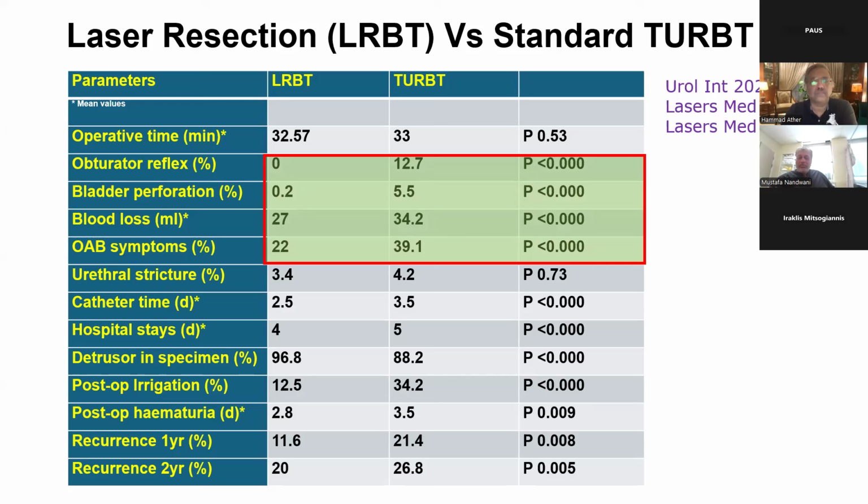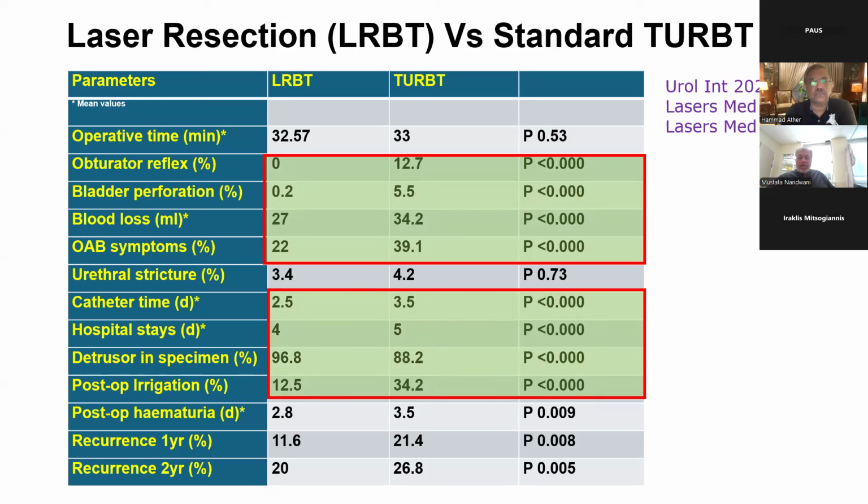Blood loss was less. Overactive bladder symptoms were less. So these were significant. These come from some reviews. And other things like catheterization time, hospital stay times and detrusor muscle in the specimen improved with laser resection. Possibly we are doing a more careful dissection, and the laser does not cause more charring effect, and